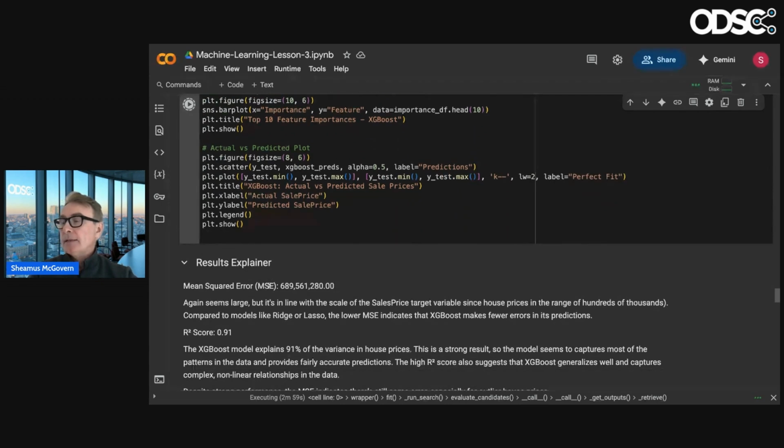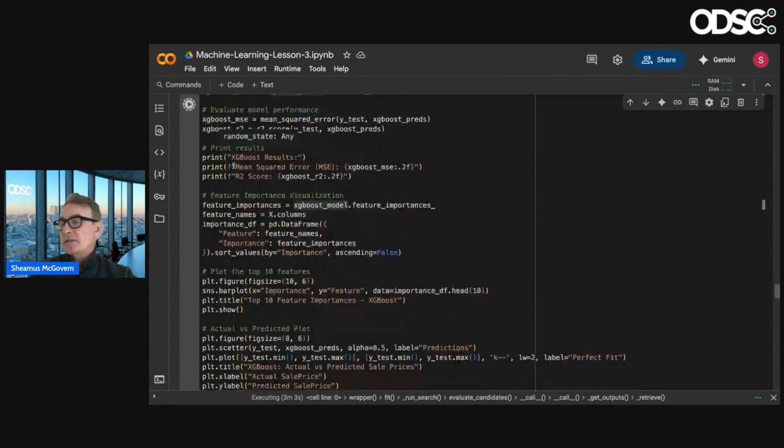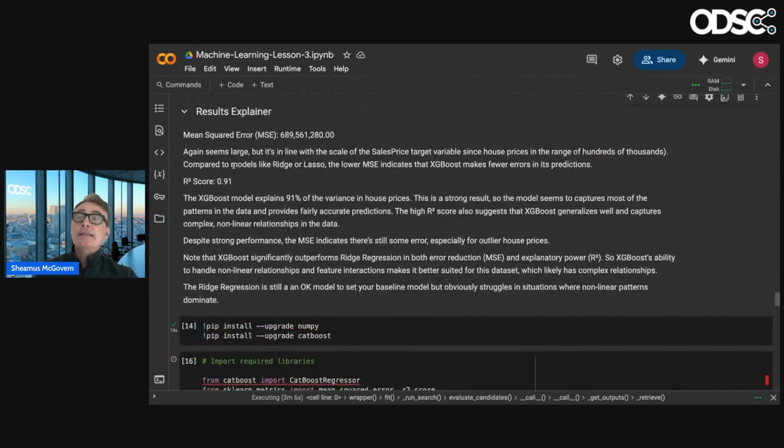Because I'm setting my random state here, I already know the value because I ran this before, and it's 91. Is the model overfitting or not? I'm not going to go into that. But generally speaking, with R squared, a higher value is better, and we're able to explain 91% of this.